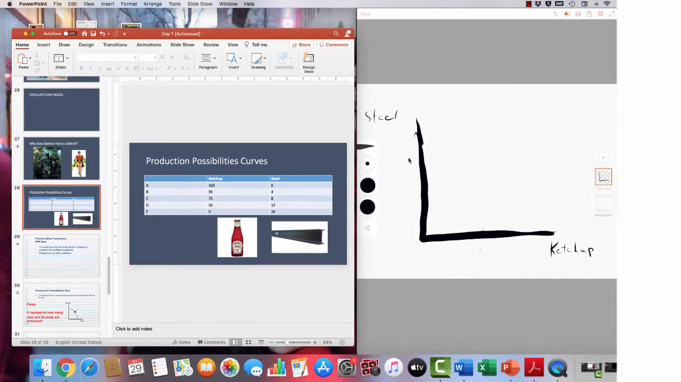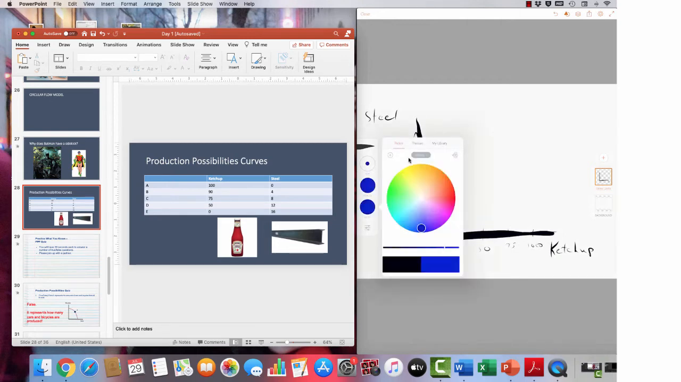And we'll just say that's about 50, and that's about 100. There's 75 and 25, and 4, 8, 12, 16. So let's plot out our points. Our production possibilities table gives us data at point A of 100 ketchups